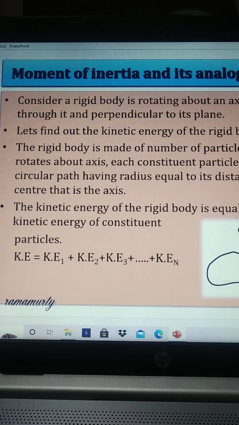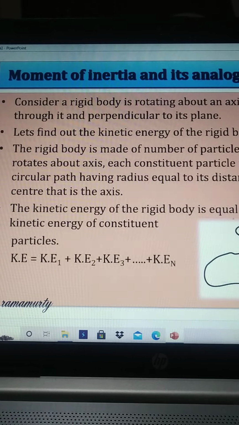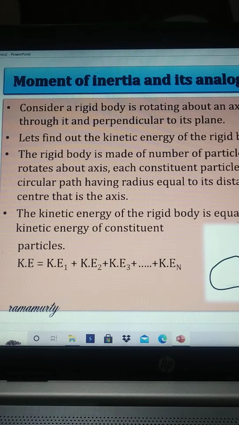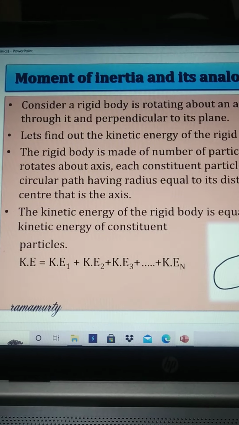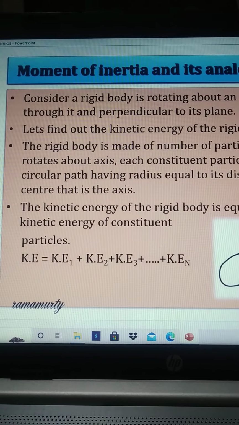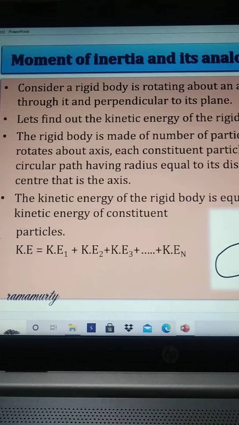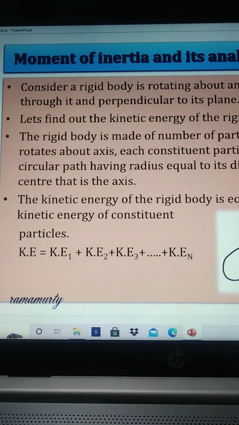Hello students, in the last lecture we learned about the moment of inertia and found the formula for it: I is equal to the summation of m_i r_i squared, with i from 1 to n. In this lecture we learn